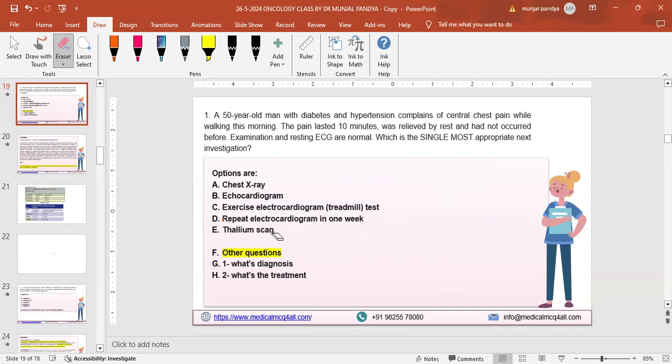This is called a physical stress test, where you are running on the belt, right? But some patients, because of bad osteoarthritis, hemiplegia, unconscious patients, or psychiatric disorders, cannot run on the track, so it can be done with the drug called thallium scan. So you go and read about the thallium scan, right? So this is also all exam questions. They can ask you in different ways. I try to club them all under one roof.